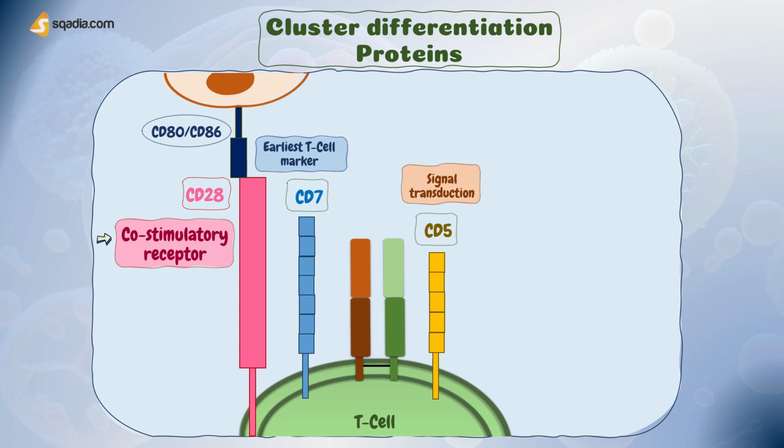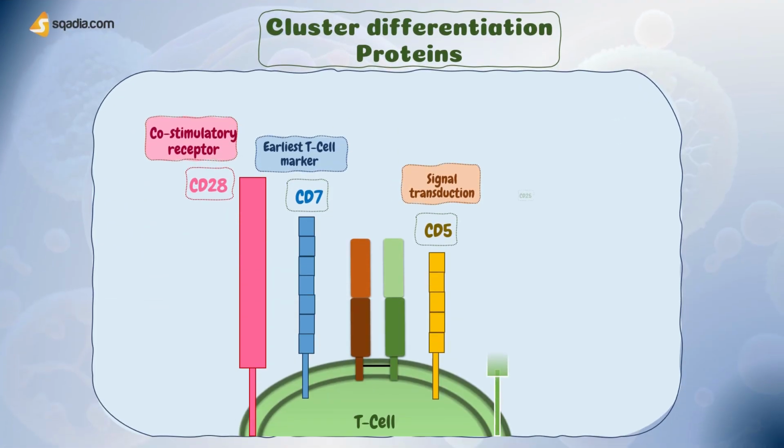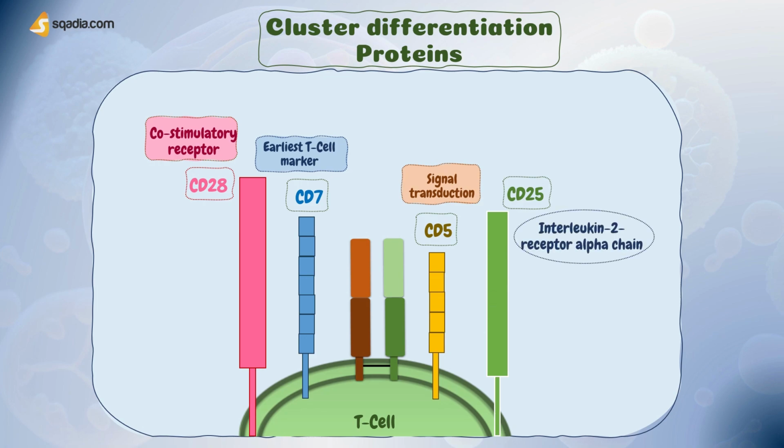Another one is CD25, also known as the interleukin-2 receptor alpha chain, and it is upregulated on activated T cells. And this CD25, once activated, plays a role in T cell proliferation, survival, and immune regulation by binding